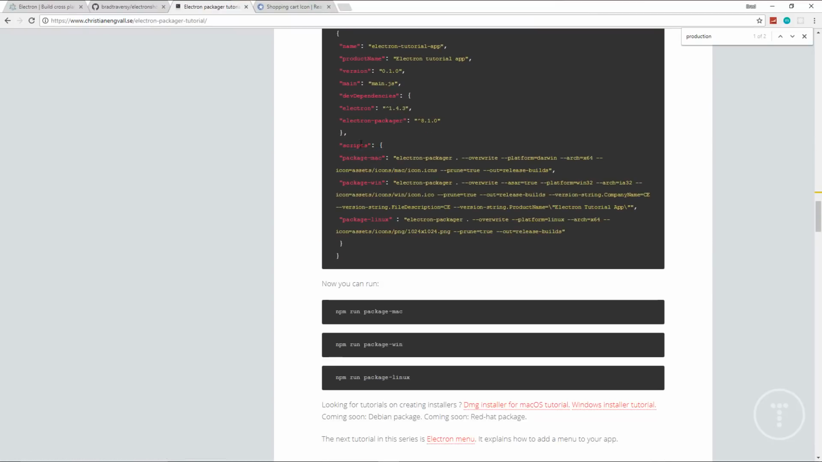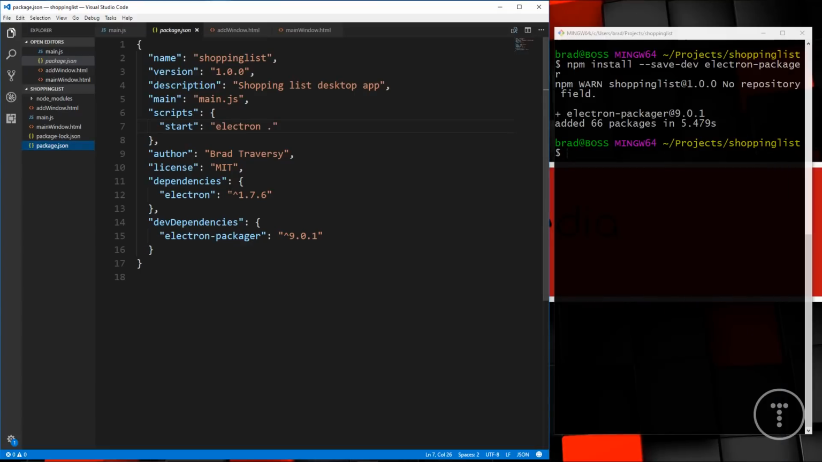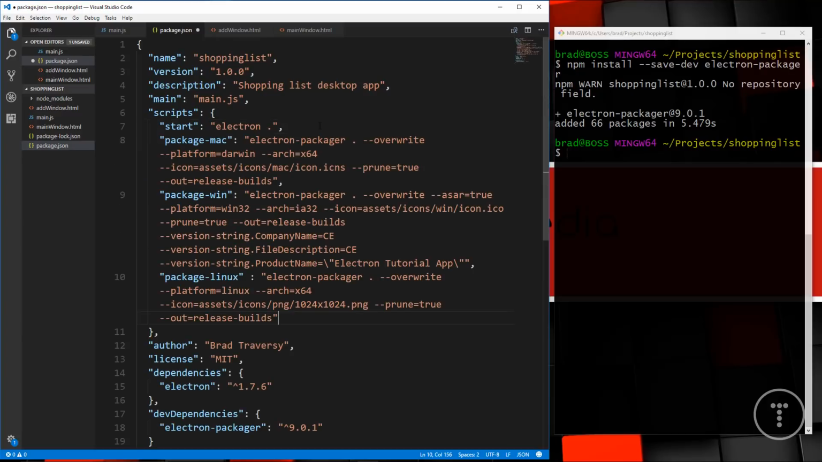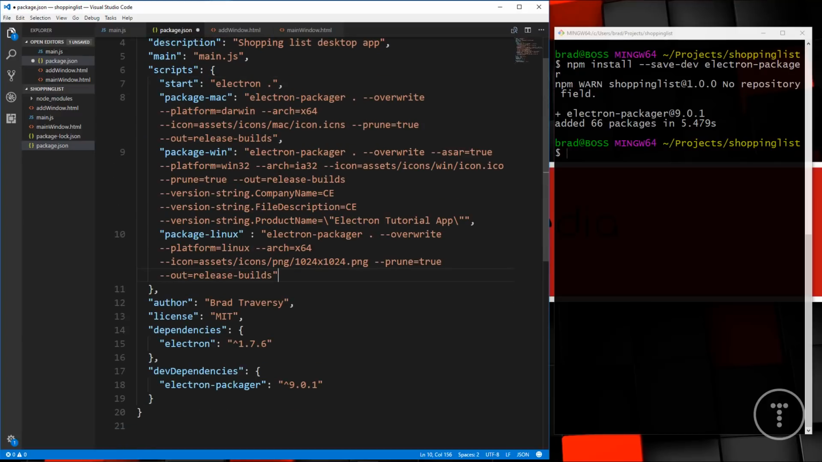just going to copy inside the scripts object. I'm going to grab all 3 of these and copy. And we're going to put this right under our start script. So we'll put a comma, and then we'll paste those in. Alright, and then I'm going to change right here under package win, it says product name Electron tutorial app. I'm going to change this to